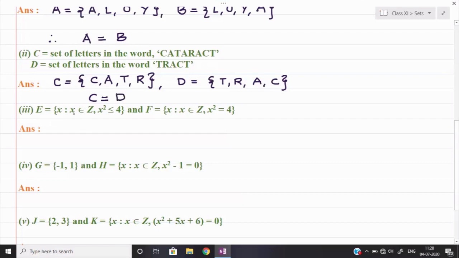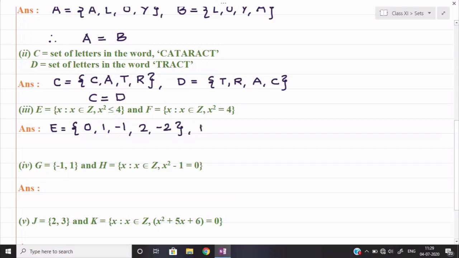Part number three, x belongs to Z and the value of x square is less than or equal to 4. Means you have to select those integers whose square is less than or equal to 4. So see, I will write down some integer values here. You tell me whether it is right or not. For example, suppose I take 0. So tell me, 0 square will be equal to 0. So that is less than 4. Similarly, I can take 1 and minus 1. Both the squares will be less than 4. And 2 and minus 2 also I can take because their square is equal to 4. The condition given is less than or equal to 4.